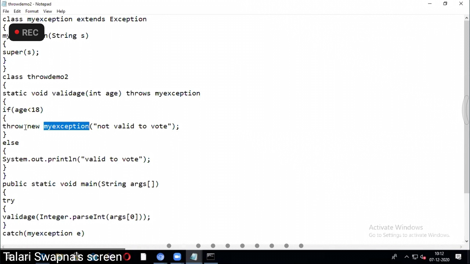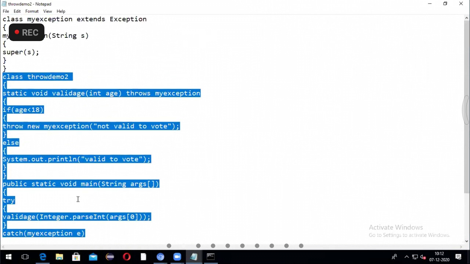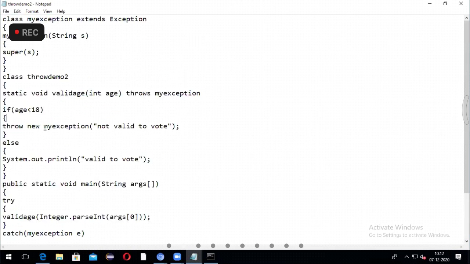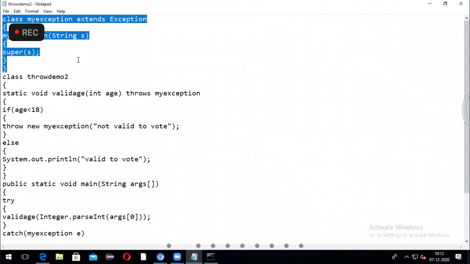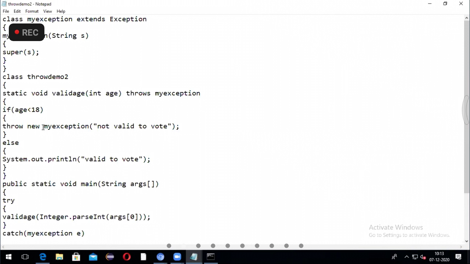So all this from here to here we already completed. Now what I'm telling is, in the previous program I have used ArithmeticException here, but now I am using MyException. ArithmeticException is a built-in exception, which is already a subclass to the Exception class. So that's why you did not write this. You did not extend it explicitly. But now that I'm using my own exception name, I have to extend the Exception class. Compulsorily, I have to make it a subclass to the Exception class.